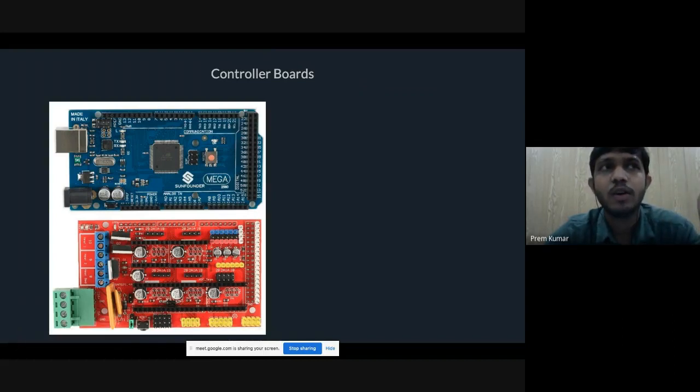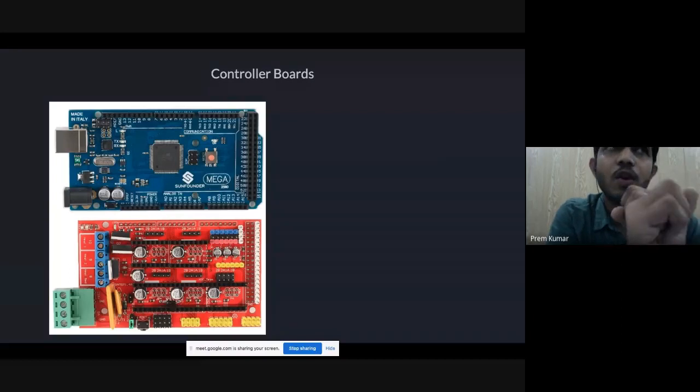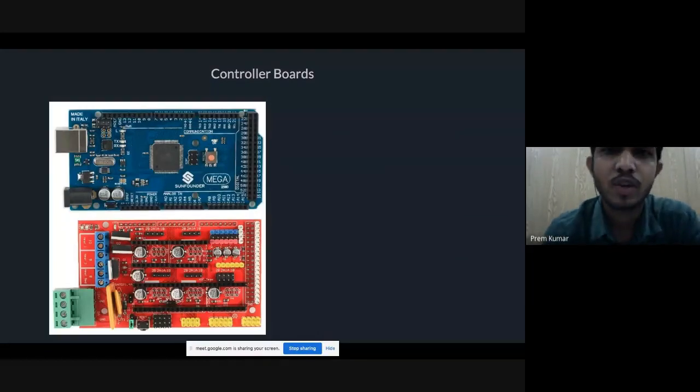The number of steps for your 3D printer also depends on the stepper driver you are using, and also the stepper. If you are confused about how many steps to start the machine with before testing, you can Google it. It depends on what kind of pulleys you have used, and you can easily find it on Google.